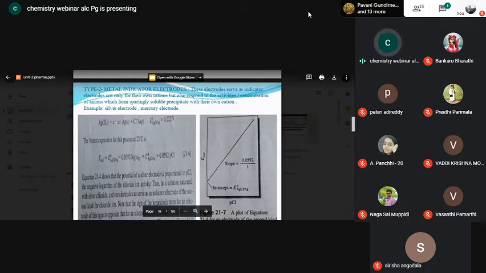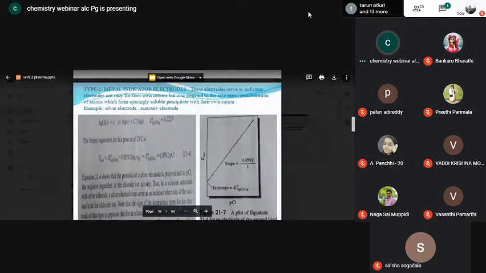So the electrode is now going to live under the influence of which ions? Chloride ions. In the beginning, it is living under the influence of which ions? Mercury ions. But as the titration proceeds, the influence of mercury on the electrode will become zero, and now the calomel electrode will come under the influence of which ions? Chloride ions. Since it is coming under the influence of chloride ions, the potential shown by the calomel electrode will be directly proportional to the chloride ions, but not to the concentration of mercury ions.